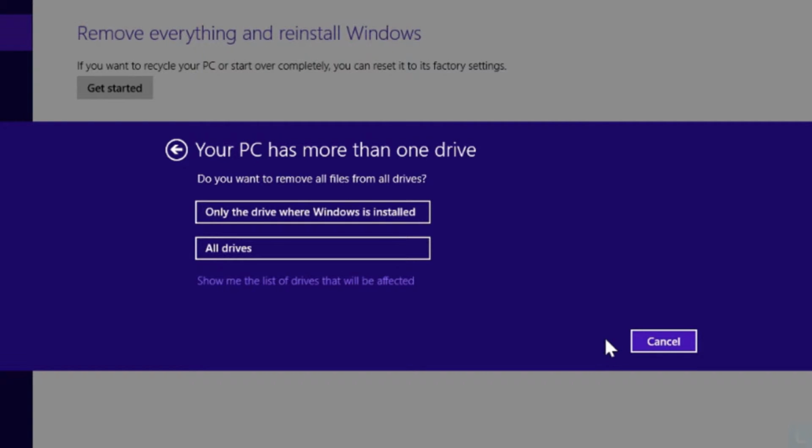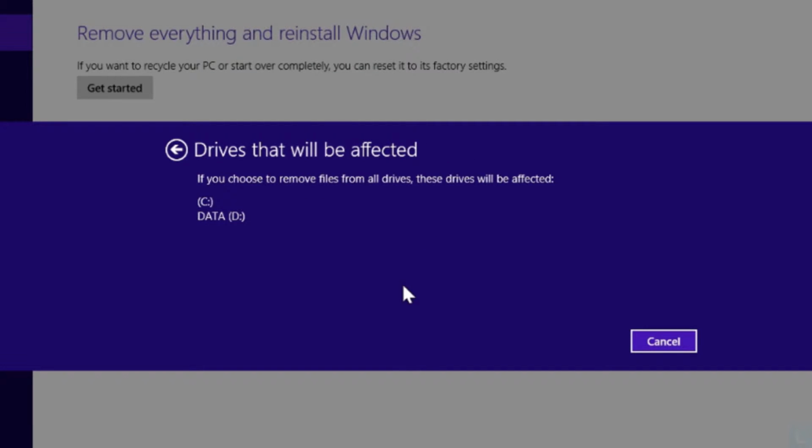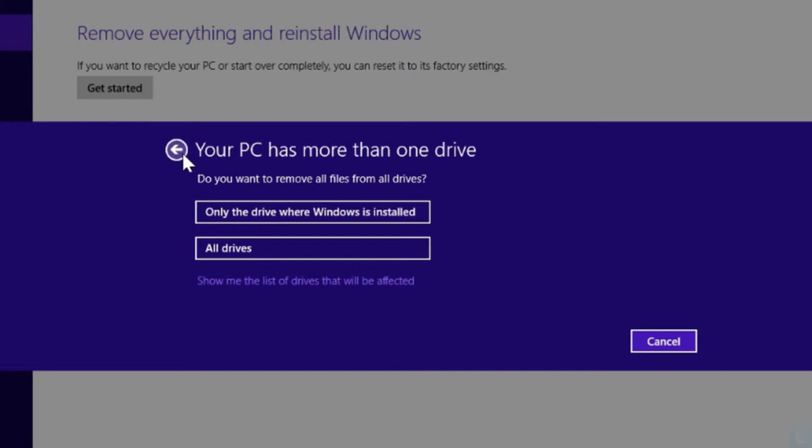If you have more than one drive on your system, you can select to remove files on all drives or only the system drive. You can click Show me the list of drives to see drives in your system. In this example, I have my data on D drive, which I want to keep. So I select the option Only the drive where Windows is installed.